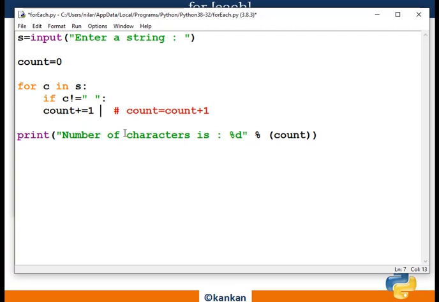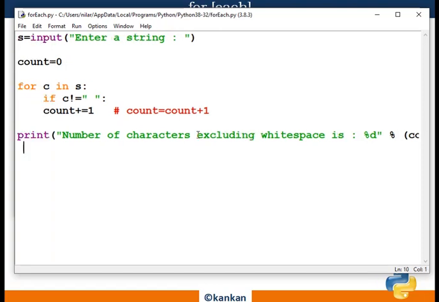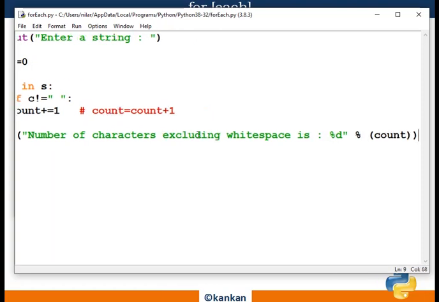So number of characters excluding white space. Okay, number of characters excluding white space. Now run this one. These other codes are similar. Okay, now run this one.